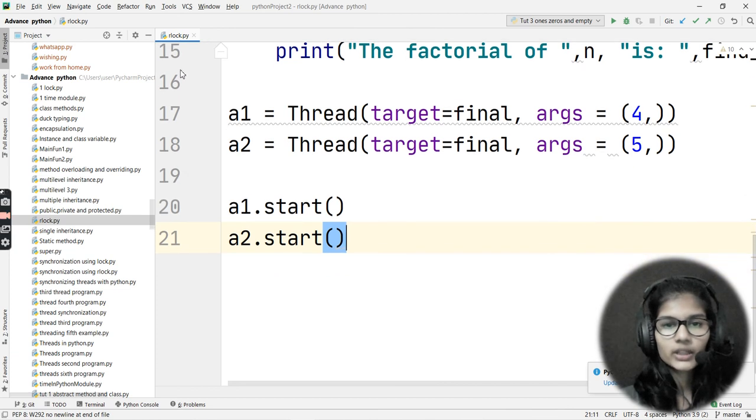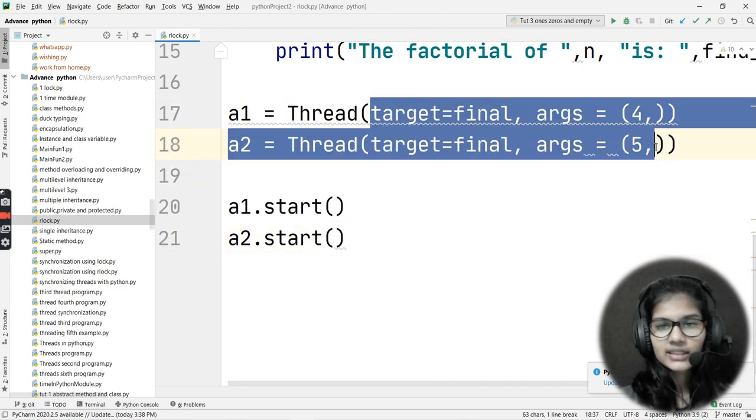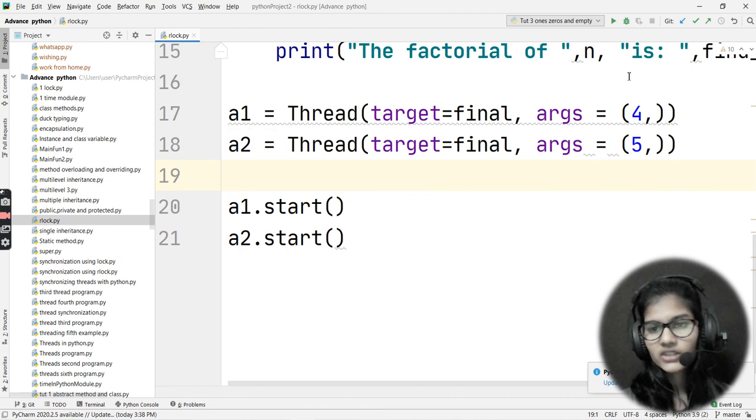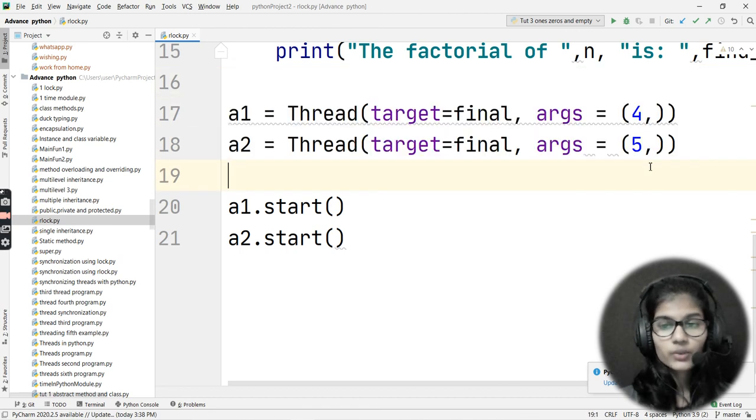After that I made my threads, a1 and a2. Into that I passed my target, which was my final function, because my final statement is written in it. And the arguments mean which numbers' factorials I want to find, that is 4 and 5. And at last I started my threads.